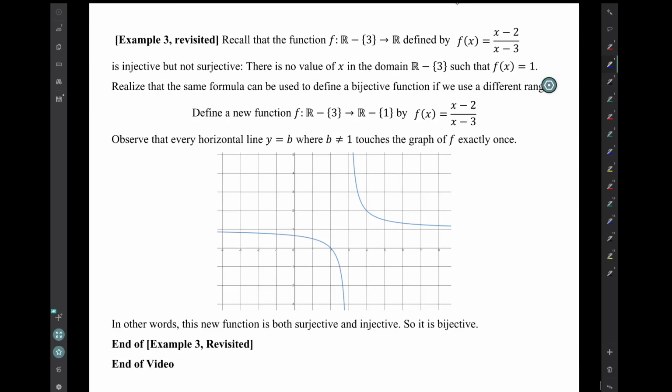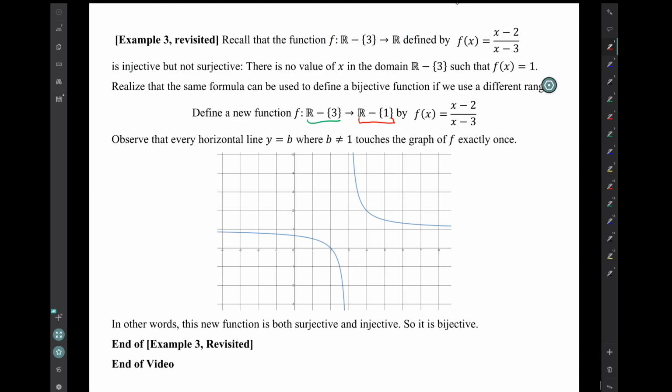And finally, let's remember that this function that we talked about earlier, with domain the set of all real numbers except 3, and the range the set of all real numbers, was injective, but it was not surjective. But remember that we can use the same formula to define a new function. We can use the same domain, the set of all real numbers except 3, and use a different range, the set of all y values except 1, and use the same formula. Then in that case,